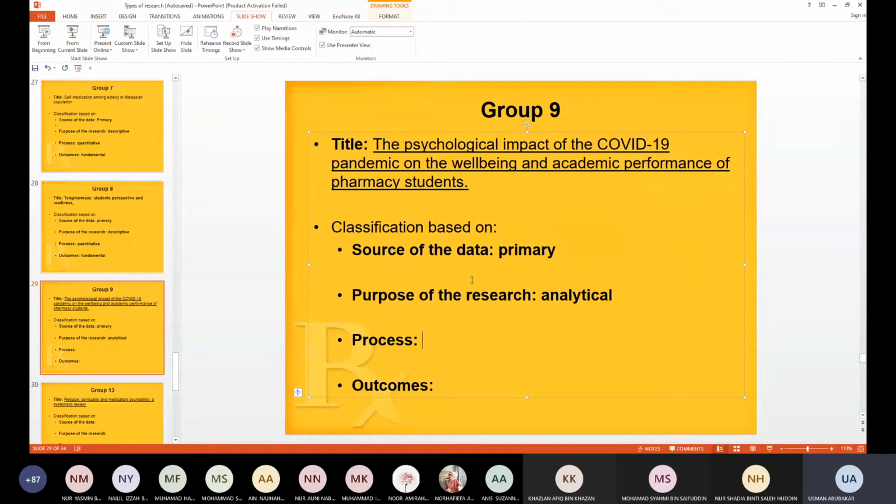So these may be in numbers. Perhaps you give them a questionnaire to fill, and based on the score they have in the questionnaire, you can describe them as having low impact, moderate impact, or high impact on their well-being. So this is how it's still numbers. The basic thing is still numbers, but you can still categorize them into groups. Okay? So we have to categorize them into whether the pandemic is having a low impact or high impact on the students. Yes, this is just my own suggestion. It depends on what your supervisor wants to do, but I feel most likely that's how it's going to be.